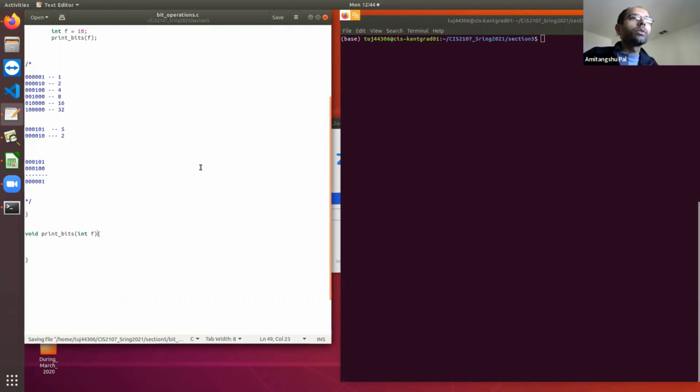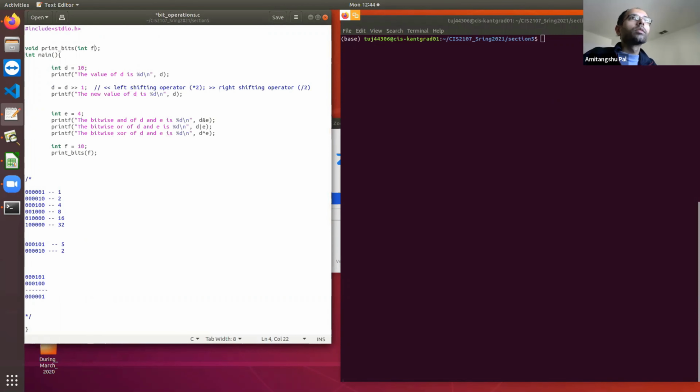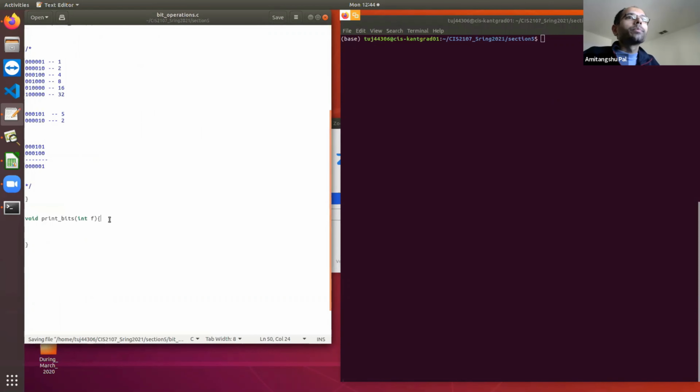Let's use the function prototype. Here, for the sake of simplicity, I am only printing the last 8 bits. An integer will take the entire 32 bits, but I am not showing all 32 bits, only the last 8 bits. Let me write the program first, then I'm going to ask you whether you can interpret this or not. If not, I'm going to explain.